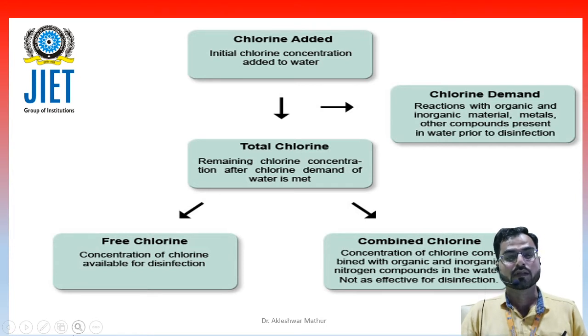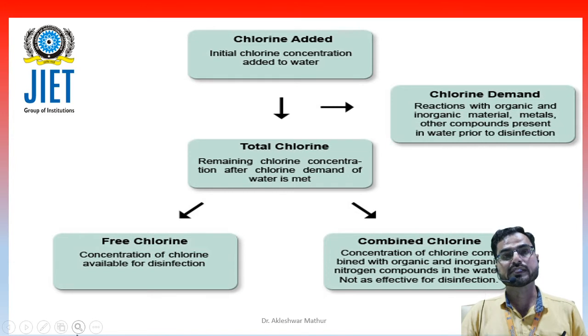Free chlorine. The concentration of chlorine available for disinfection is known as the free chlorine. Like if you have money, then different forms of money are available to us. You can have the cash in your pocket or at your home, or you can have money in different forms like in the form of fixed deposit or in the form of Paytm or Google Pay or any other mode, or even in the form of other resources like ornaments, a piece of land, a factory or a plot, etc.